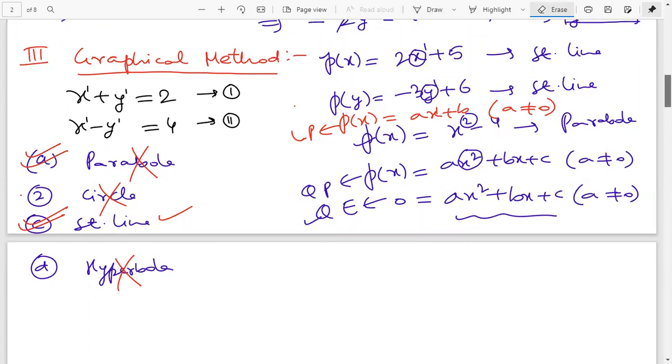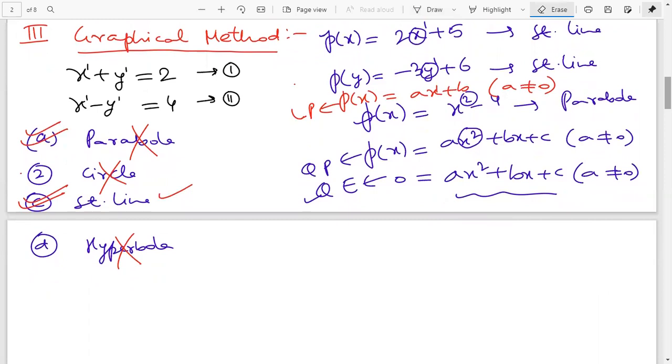Correct. So the first equation was, let me write it once again, x plus y equal to 2. First we'll focus on this equation. So here we'll take